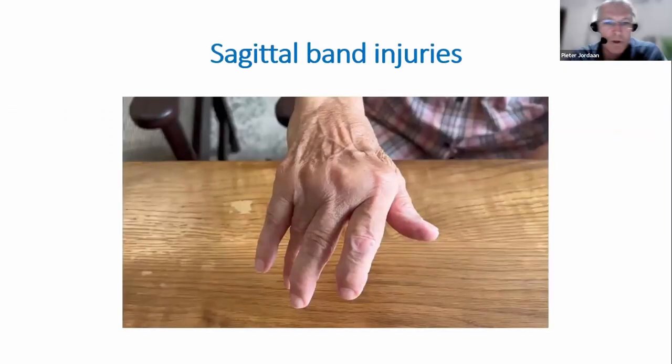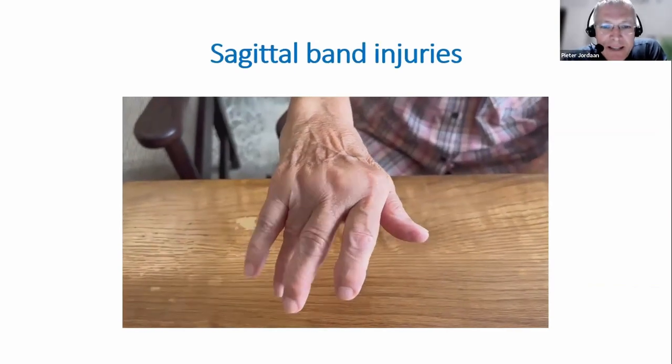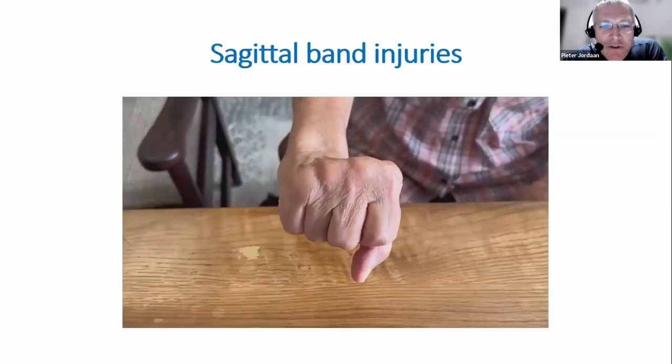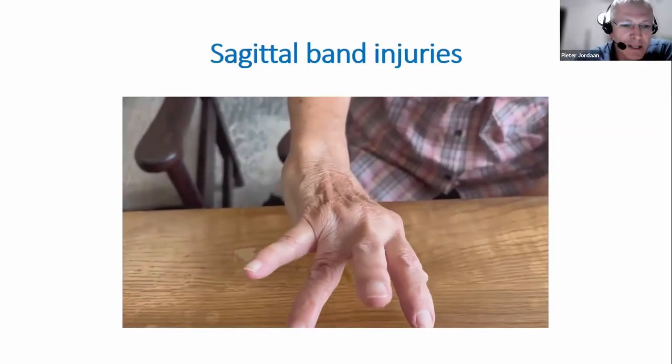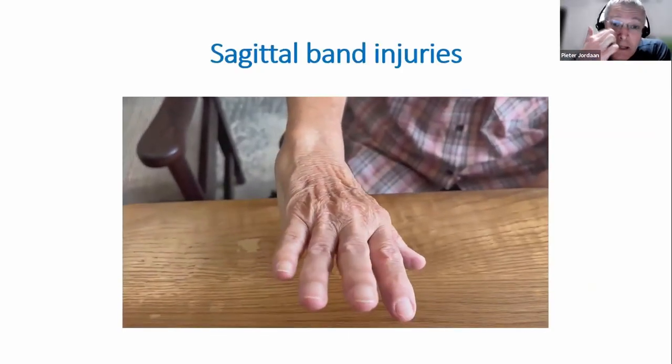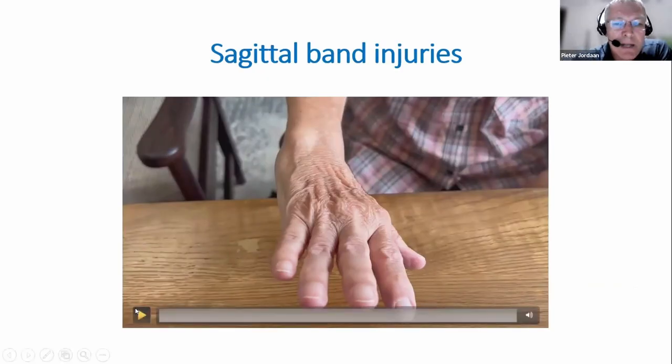So I just want to apologize because this is not a true sagittal band injury, but this is a patient with a chronic sagittal band attrition. But it demonstrates it very well. So sagittal band injuries, the classic boxer's knuckle, you get a sagittal band tear. The EDC subluxes to one side, and this patient was told she's got a trigger finger initially, but you can see